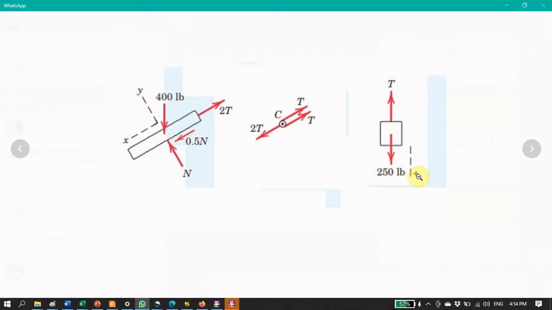So I just missed the coordinate system for the concrete block. We identify all the forces acting on the log as well as on the pulley and the concrete block. For the concrete block, there is a weight and the tension of the cable, and the tension of the cable should be less than the weight of the concrete block, right?